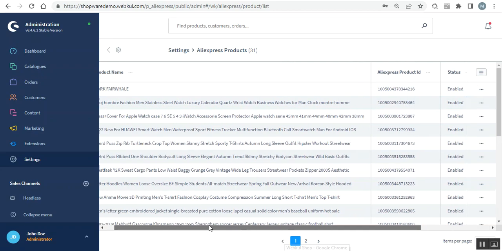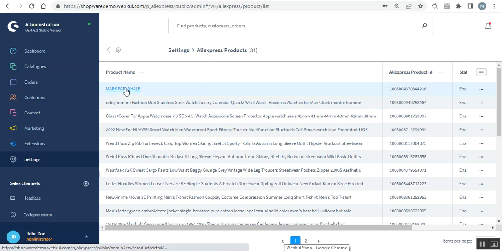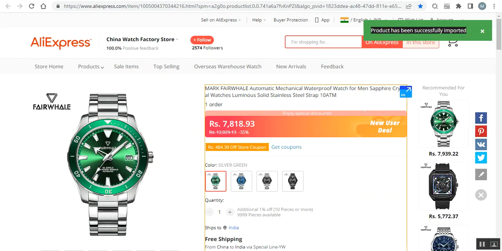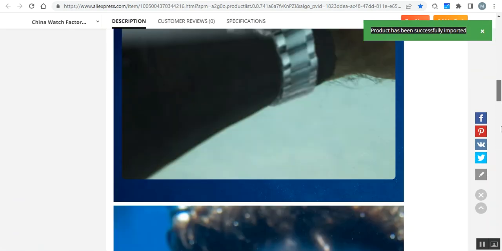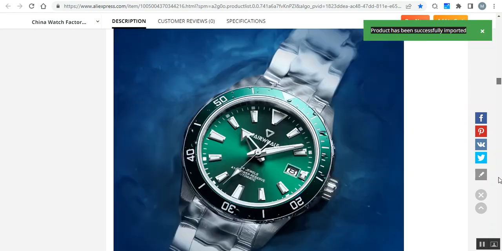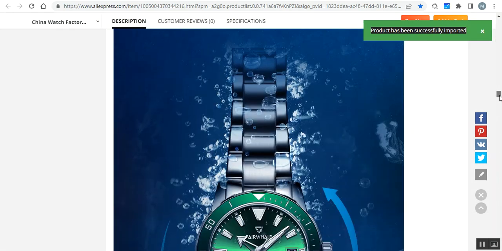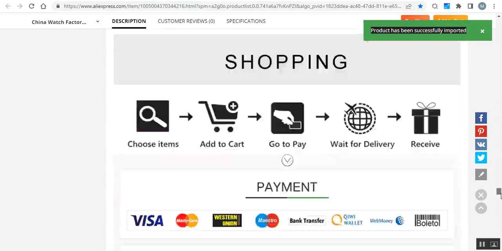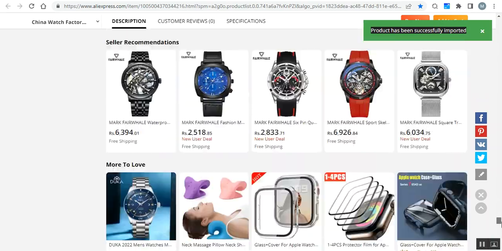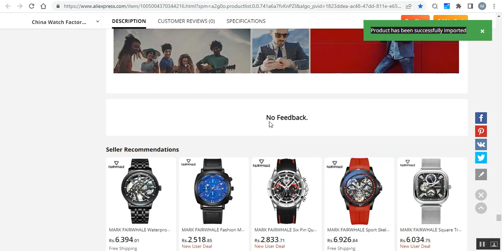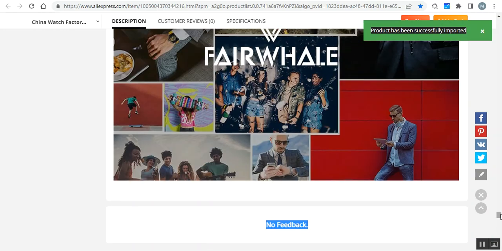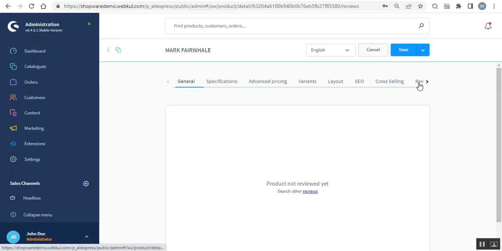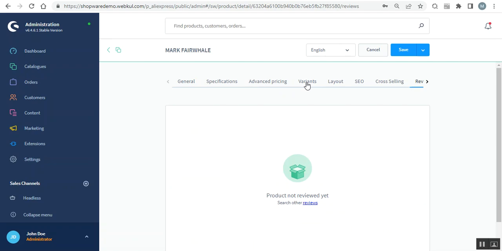So if I tap here on the particular product name, I'll be taken to the product edit page. Now here, if I show you, there were no reviews for the product. This is a very long page for the product itself. So just give me a second for that. There was no feedback for this particular product on the AliExpress. So that's why if I now take you to the product edit page here and go to the reviews, there are no reviews. And if I go to the variants,